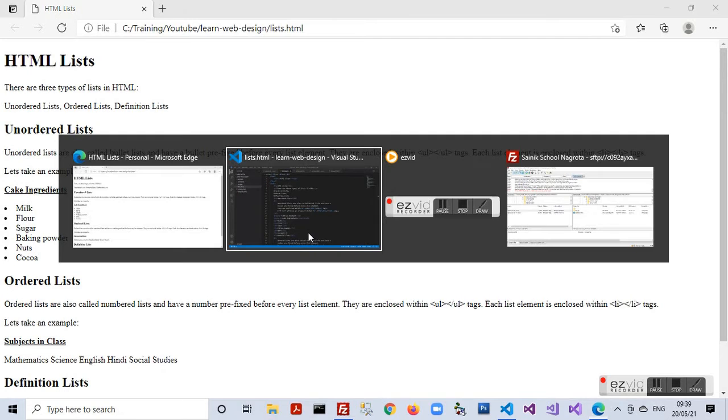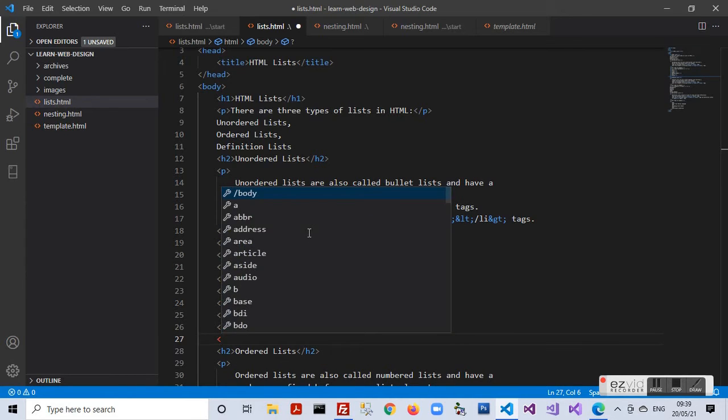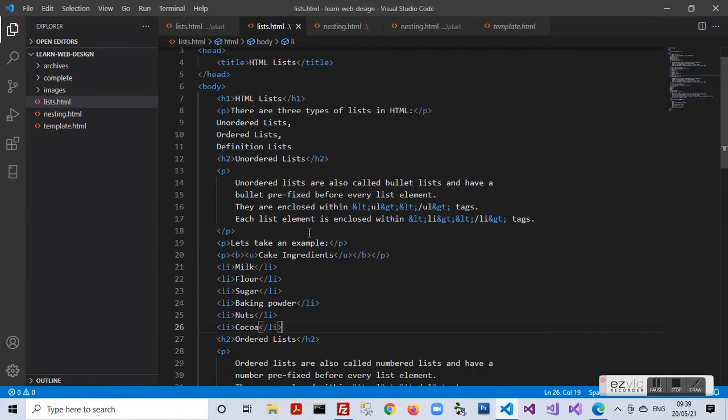So let's now move back to the document and try to add another element to this list. So let's add vanilla essence. I create another li tag and I type vanilla essence.